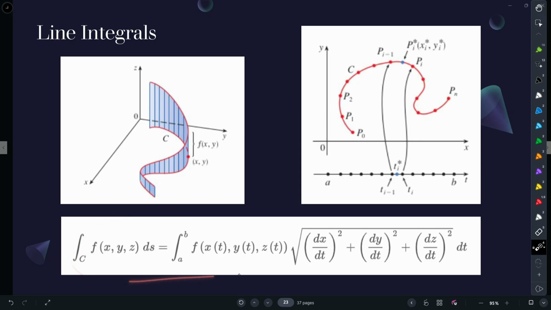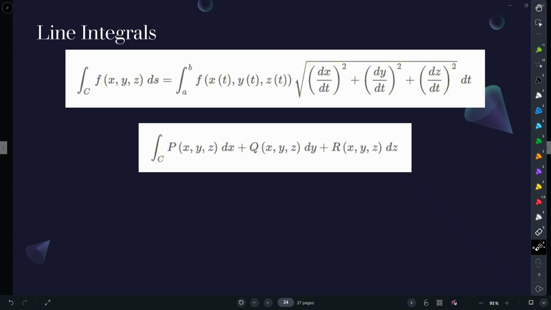And what you get is a very similar formula of the function against what, again, we're going to call arc length, which is the length of the tangent vector dt. So it's the same formula, just extrapolated to 3D. It just works. And similarly, when I compute integrals of this shape, when I call dx, this integral right here